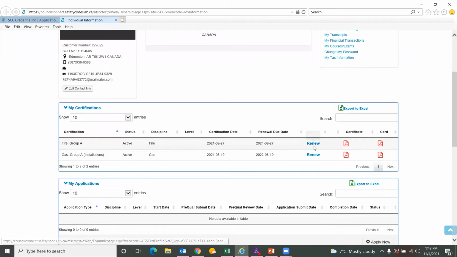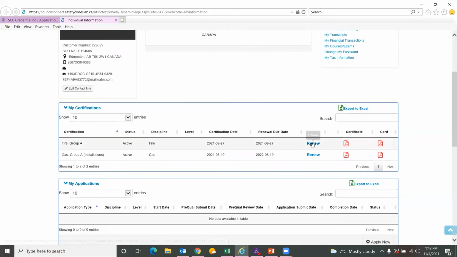It doesn't matter which one you click on, because the continuing education section is the same exact place, no matter how many disciplines you're certified in or how many levels of disciplines you have. It will take you to the same exact place.